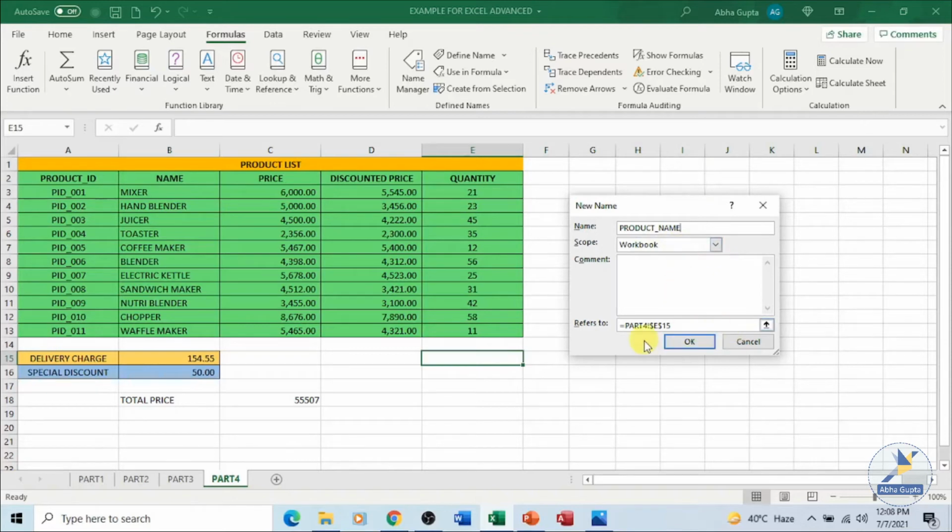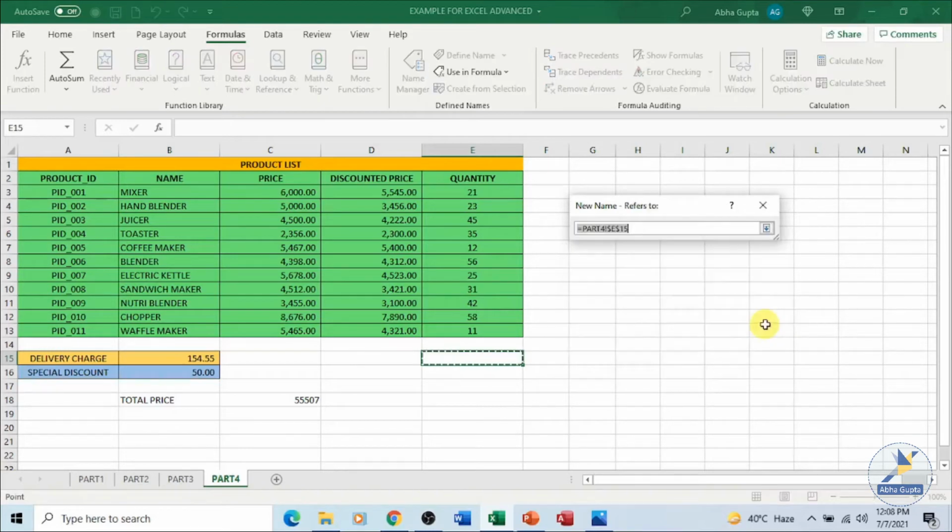Give a comment. Now by default it is giving you this coordinate over here, your current sheet name and E15, wherever your current or the active cell is. It is in E15. You can select the range from here also. Just click on this arrow which is pointing up. Now go to your selection. I want to select this.